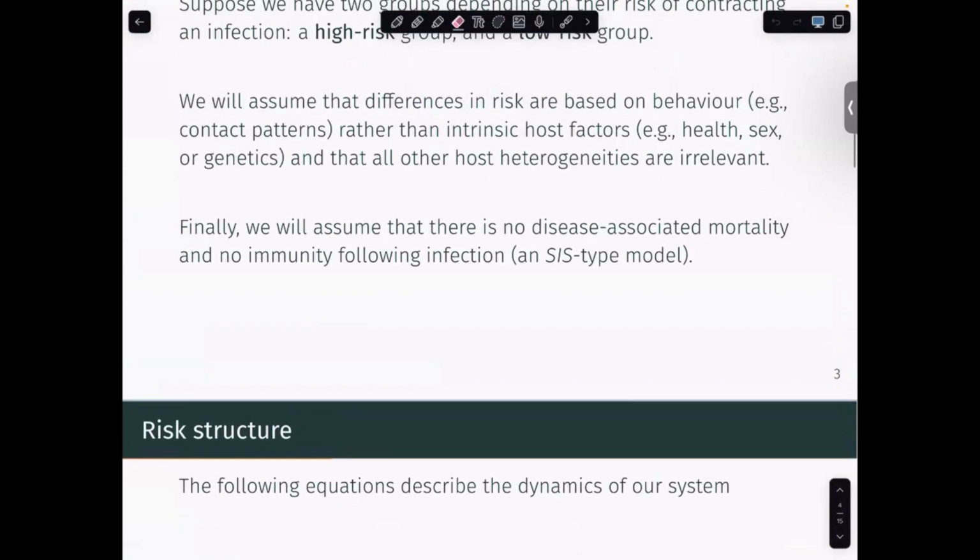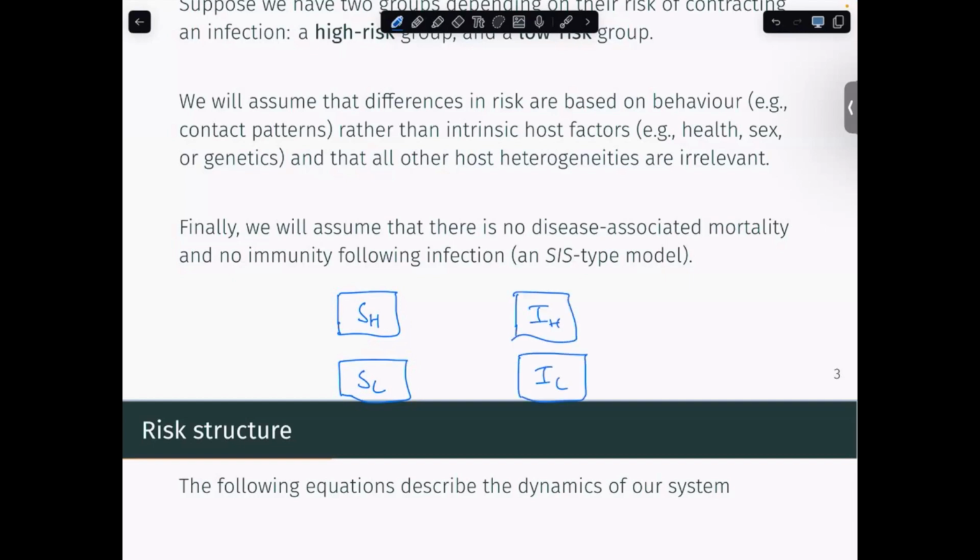So we're going to assume also as well there's no disease-associated mortality and no immunity from infection, just because it reduces the number of equations. So if we were to have a transfer diagram for our population, we're going to have individuals who are susceptible in the high or low risk groups, H and L. We are going to have individuals who are infected in the high or low risk groups,